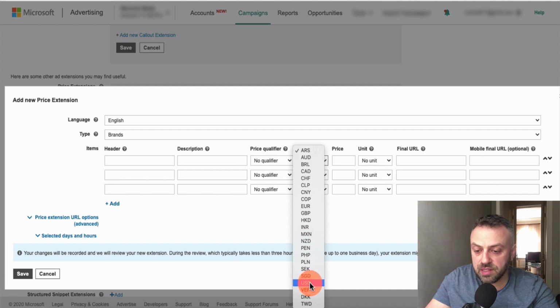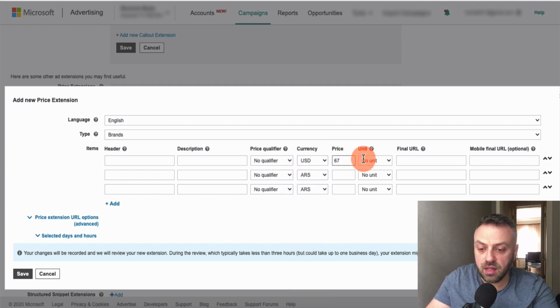Then you put something USD and the price is $67. You're going to put, we don't have a unit. Final URL is going to be linked to the main site that we have. Yeah, no qualifier. Then you have a header and description. Then that's going to get shown up just below the ad so that they know it's $67, that they know